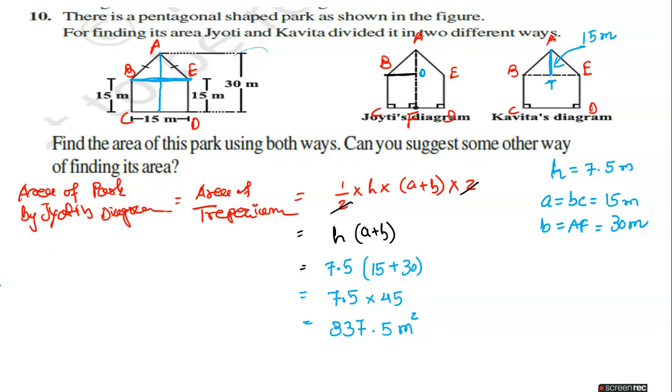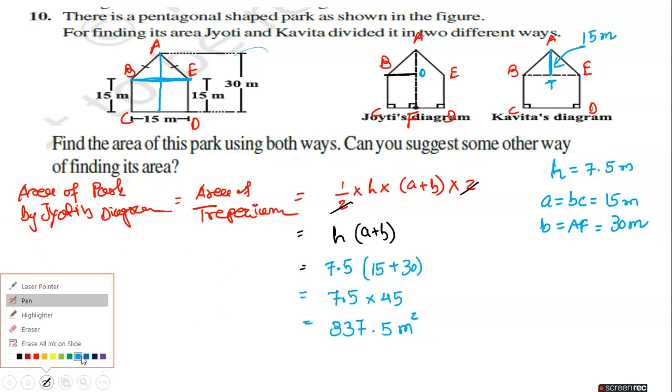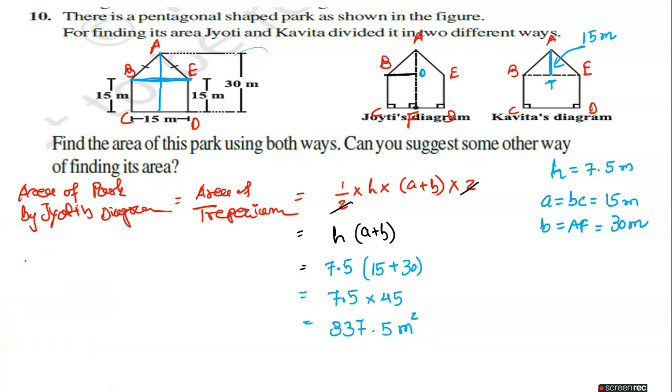So now here you can do one thing. Actually, I can use another slide. Next slide I have put blank only for this. But if I change this slide, the full question and this figure will not be in front of you, so I am trying to write in this much less space. By green pen, what I am writing is for Kavita. Area in short, I will not write that much description, final answer I will write. Area of park is equal to triangle plus square.